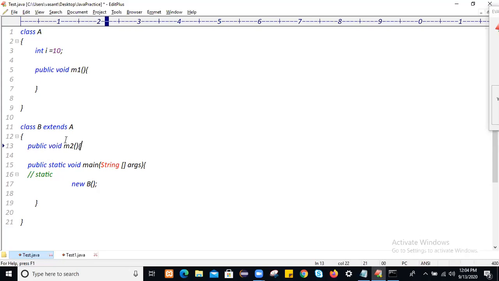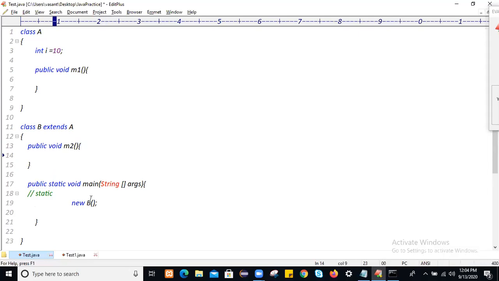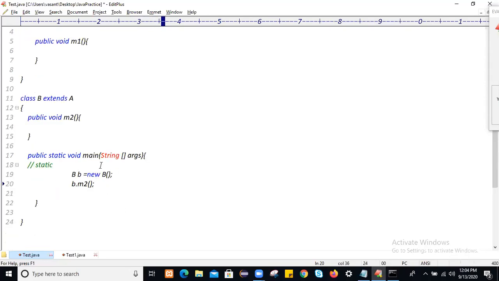To call this M2 method, this is a nameless object. If you want a named object, I will create a named object. To call this M2 method we use reference variable name dot method name. This is the method calling statement. Every time we write a method calling statement for an instance method, the instance method will get executed.